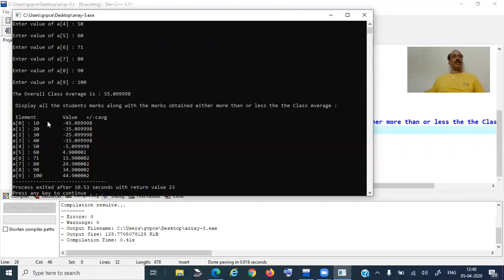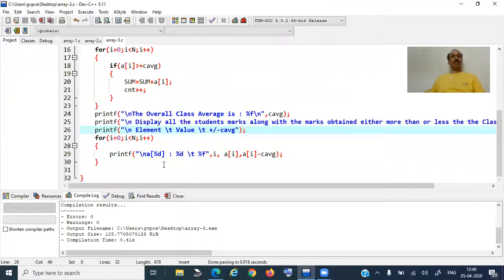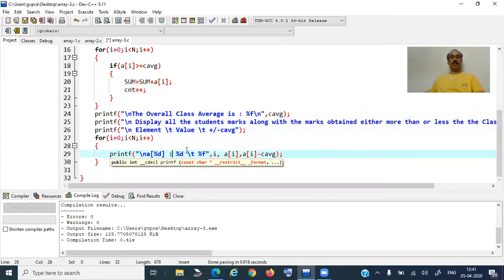We need to adjust the tab space, then we'll get the correct value. We need to have one more /t here, not here. We need to give it here. We forgot to give /t here, because after the element we have given a /t and value, right? So because of that,